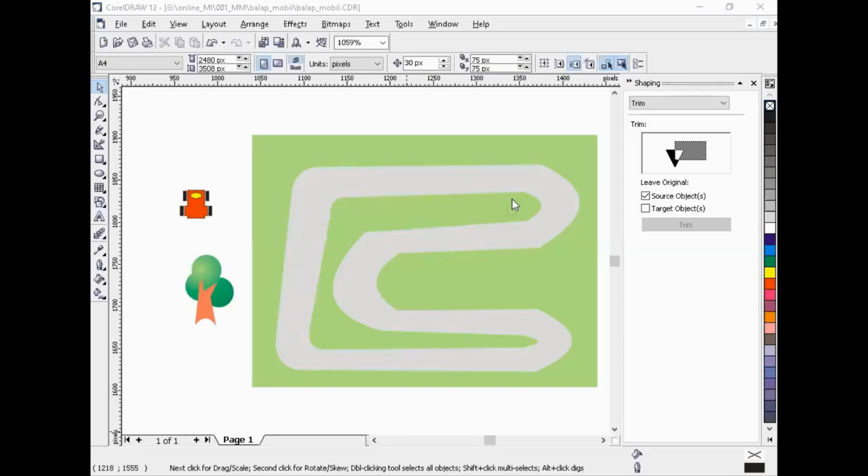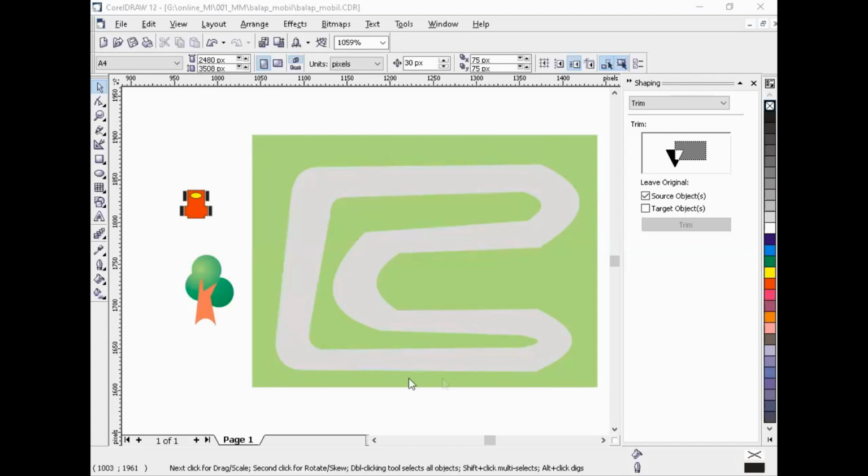Okay, sahabat Getri. Now I will teach all of you how to create a bit of animation. Now we have a resource from CorelDRAW.